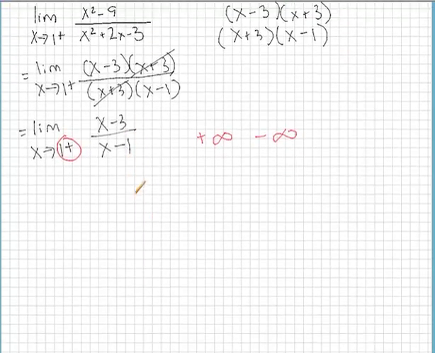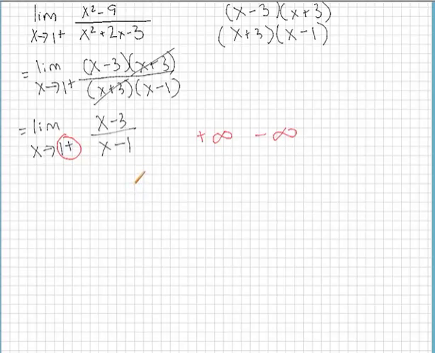To choose positive or negative infinity, we are going to do what's called sign analysis. So since we're approaching 1 from the right, let's go ahead and pick a value slightly greater than 1. I'll pick 1.001. It has to be only just slightly greater than 1. If I plug in the value 1.0001 for x, on the top,